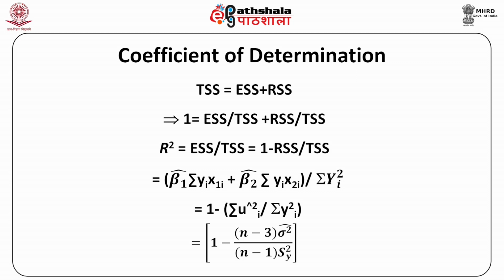The value of R squared lies between 0, which is no fit, and 1, which is perfect fit. If it is 1, the fitted regression line explains 100% variation in y, and in case it is 0, the regression line does not explain any variation in y. From R squared, we can estimate the coefficient of multiple correlation R, which shows the degree and direction of association between the dependent variable and all the explanatory variables jointly. Unlike the linear correlation coefficient, R is always positive.